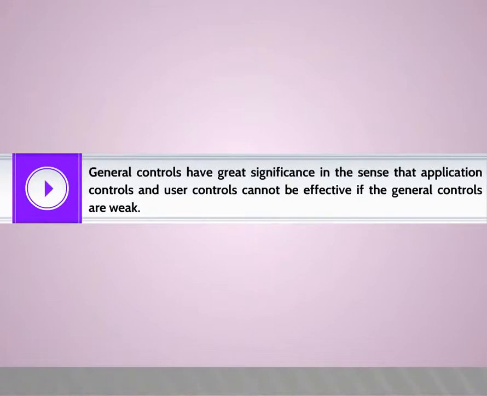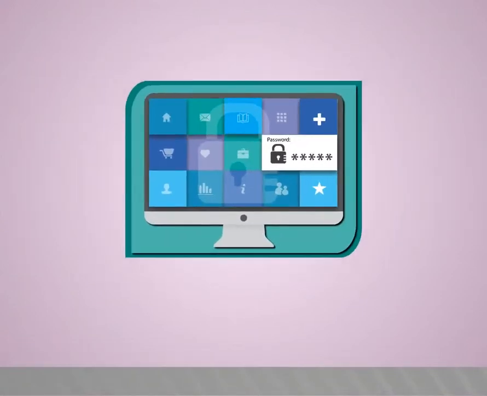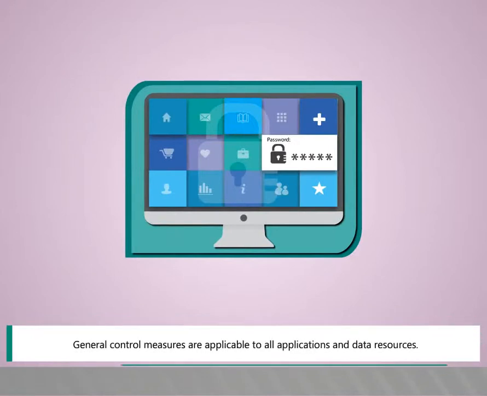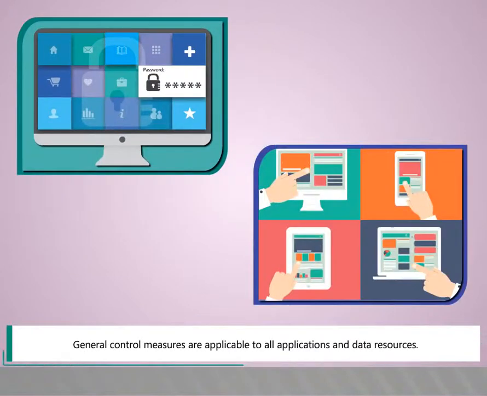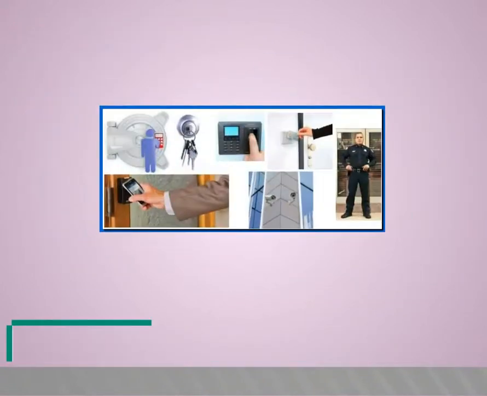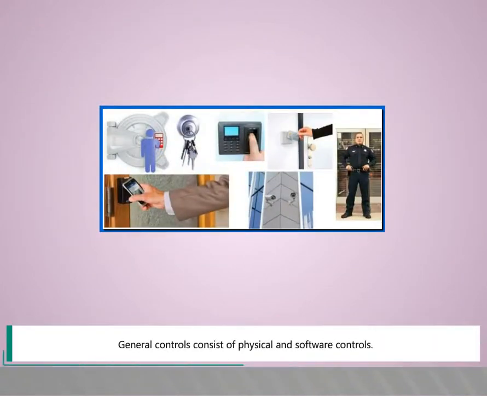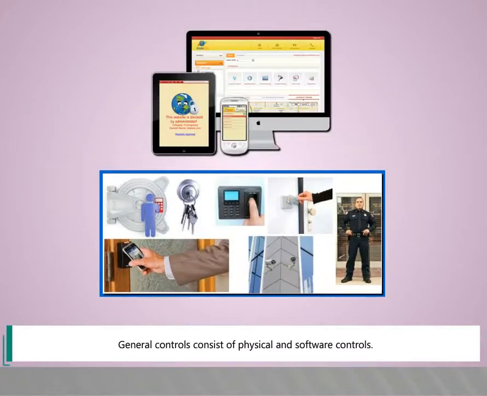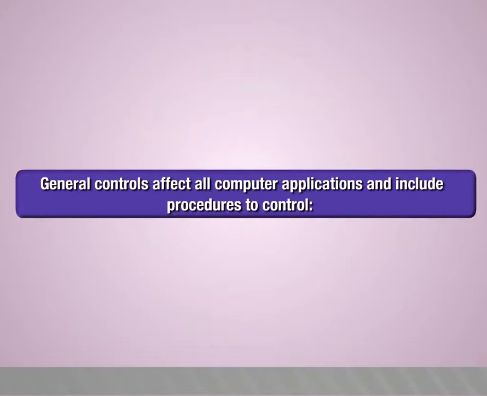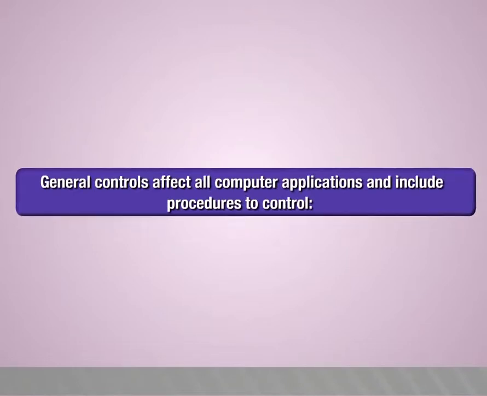General controls have great significance in the sense that application controls and user controls cannot be effective if the general controls are weak. General control measures are applicable to all applications and data resources. General controls consist of physical and software controls. General controls affect all computer applications and include procedures to control: